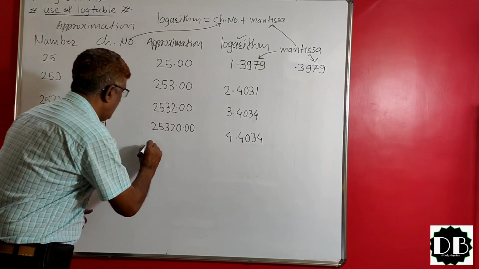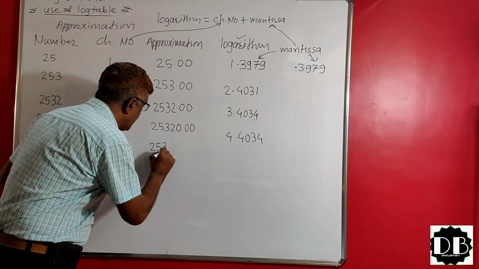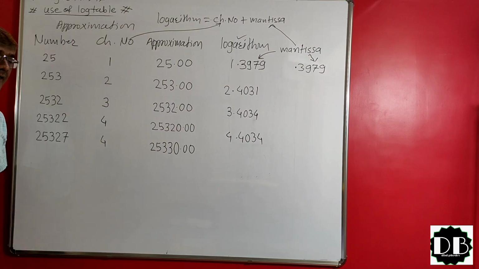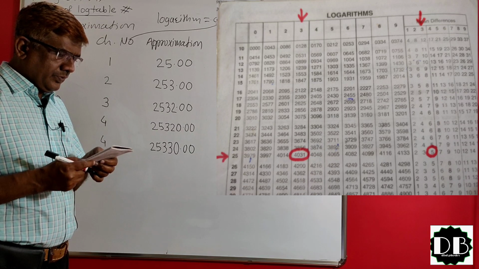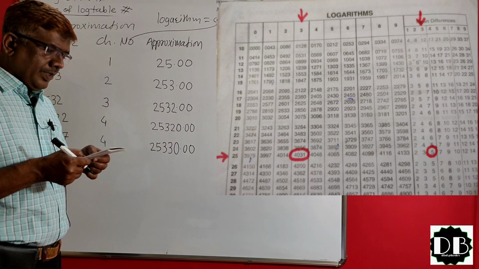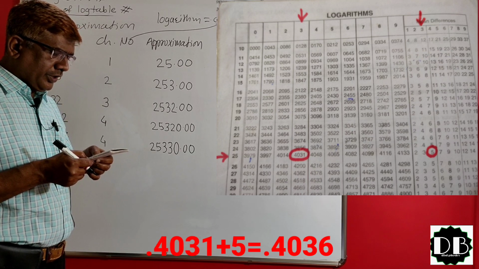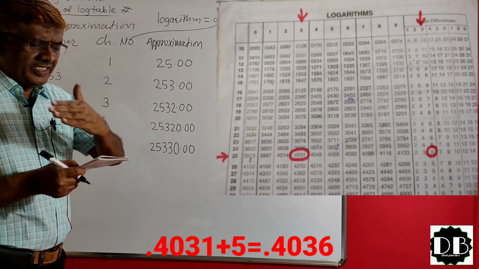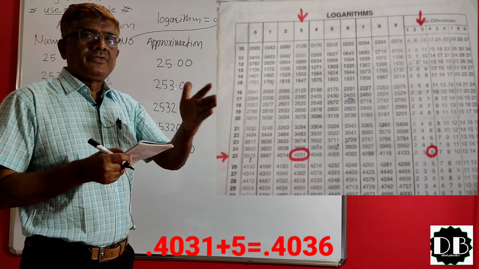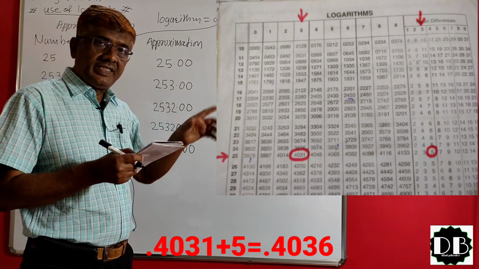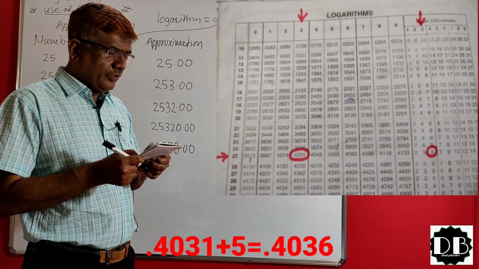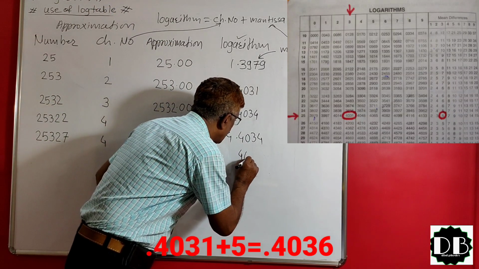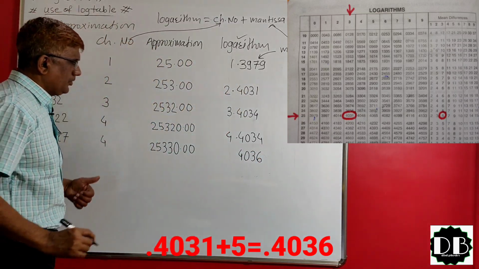That means 2 5 3 3. Instead of 7, I am going to write 0. After that, the mantissa: 25 to 3, then 3, gives 4031, and the mean difference. In 3 we see the number 5; the 25 row goes straight and where the third column comes, there we get 5. You can see in the picture the addition of these two, and we have 4031 plus 5 is 4036. 4036. As usual, our character number is 4.